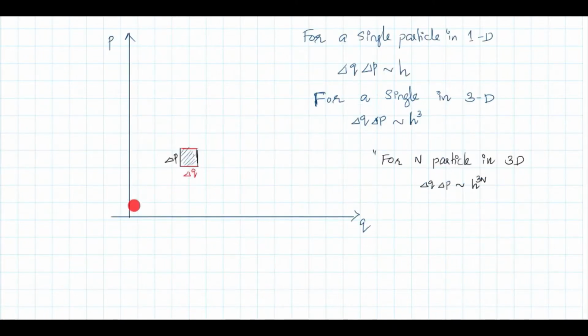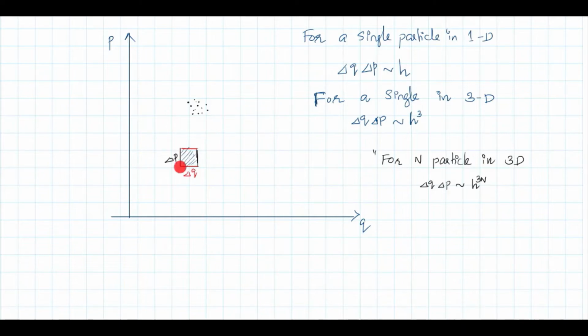Consider the phase space. If each point in the phase space represents a microstate, then the number of microstates will be infinity. If you consider any volume, there will be an infinite number of points. That doesn't make any sense. So there should be a finite volume for each microstate. We already discussed that in detail, but I will give you a brief idea again.